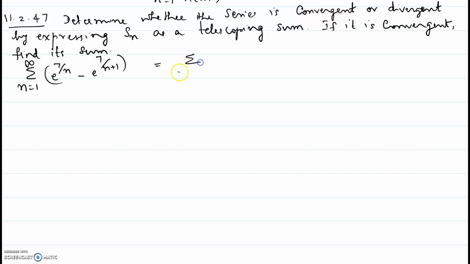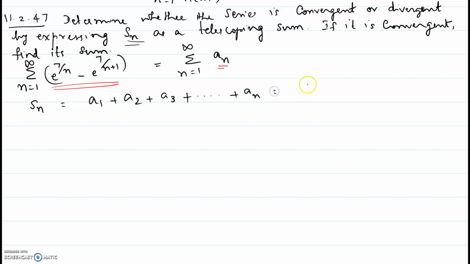So the series can be written as sigma n varying from 1 through infinity a_n. Normally this term here corresponds to the nth term. Now as the problem says, use the telescoping sum method, and Sn stands for the partial sum. So we will write down what the partial sum is, which is the sum to n terms of the series: a1 plus a2, etc., up to a sub n, which in short can be written as sigma a_i, i varying from 1 to n. So this is a_n, which is e to the 7 over n minus e to the